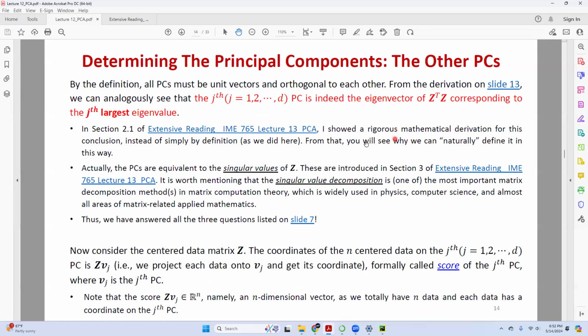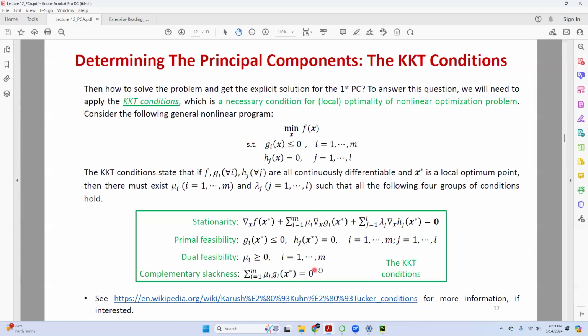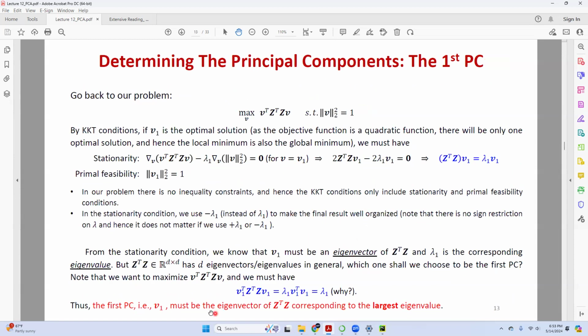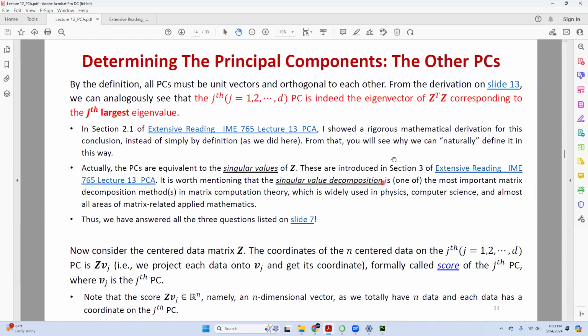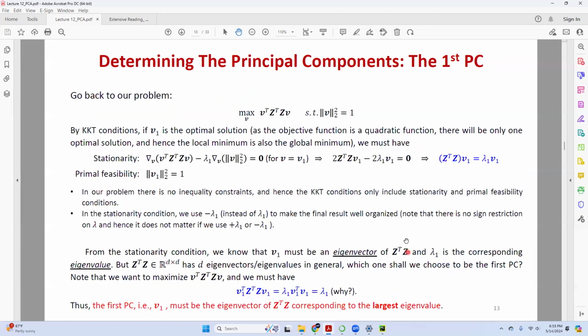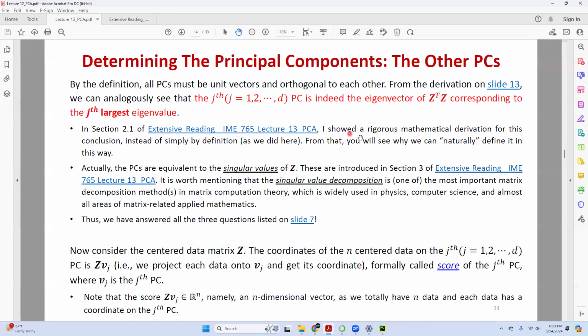Be careful that this is not a rigorous mathematical derivation. I just happen to define it this way and I find a solution. So I'm going to say, why do I need to use my brain to think of other solutions? Since the system of eigenvectors already gave me a coordinate which satisfies all my conditions, I can use it. But here I show a rigorous mathematical derivation that we can indeed use the eigenvector system to be my whole PC, principal component, system.